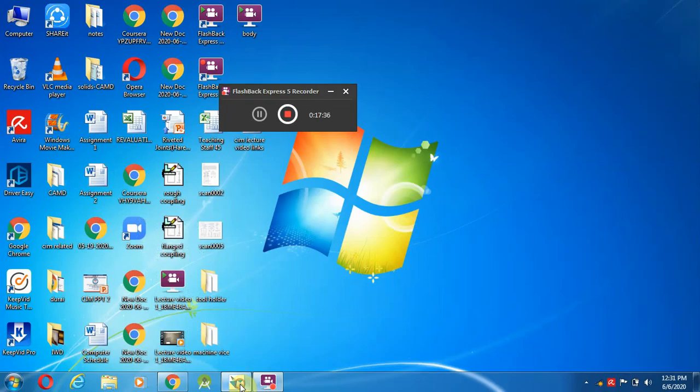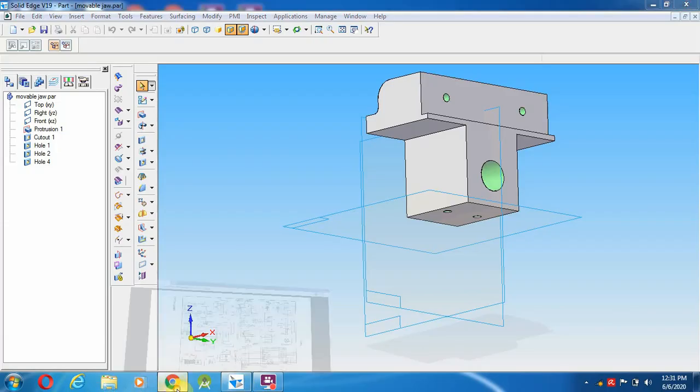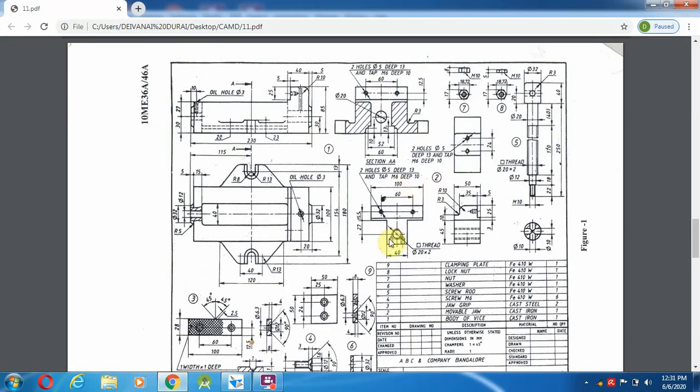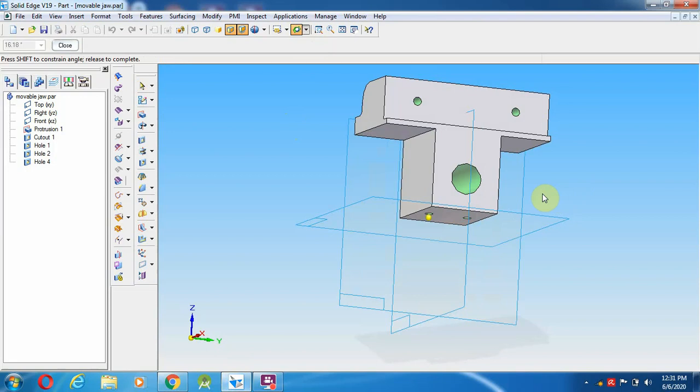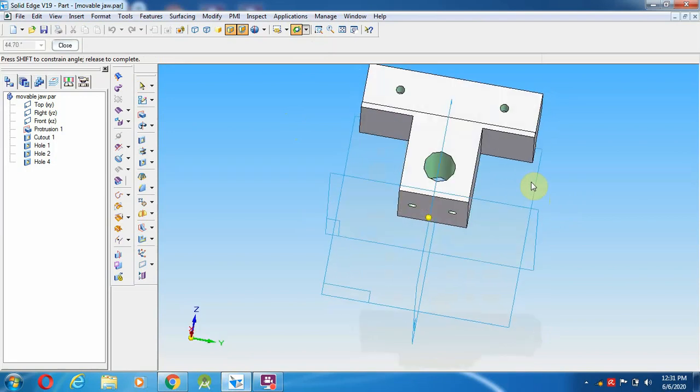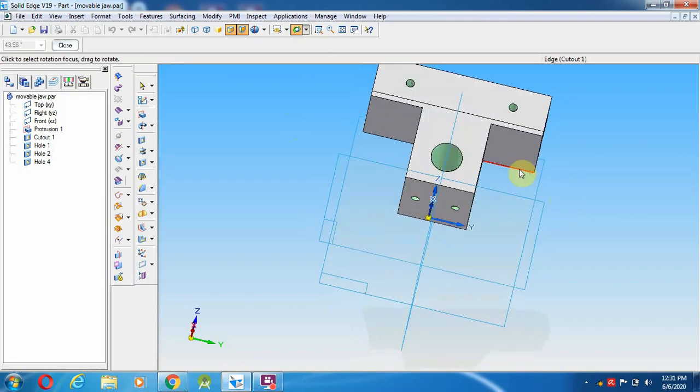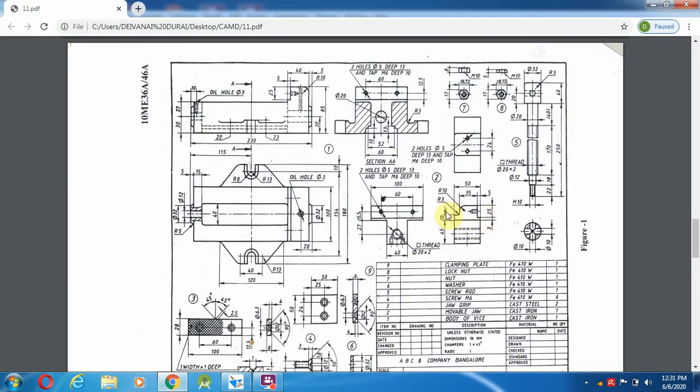So here itself we are going to check. The hole is coming on this side only. We'll go and check. I will rotate. From the sides the hole has to be coming over here. So whatever you have done is correct. So what are all the things remaining? Here all the things were drawn.